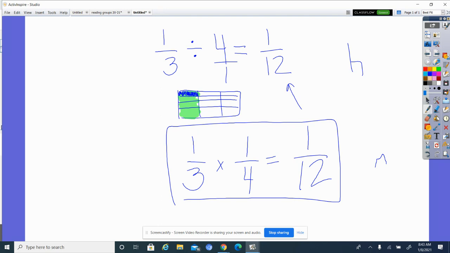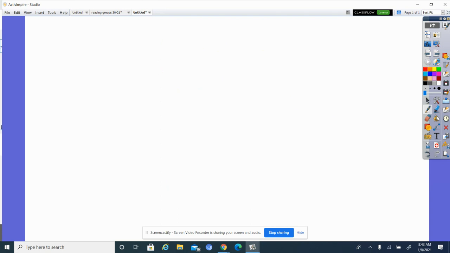Josiah serves 1/2 pound of macaroni salad equally to 6 guests. What fraction of a pound does each guest get? Our instruction says represent the situation with a visual model, then write a division equation and a related multiplication equation. Okay? So, what's the first thing we're going to do? What is being divided up? Half a pound of macaroni. That comes first. Okay? What's it being divided amongst? 6 guests. So 1/2 divided by 6